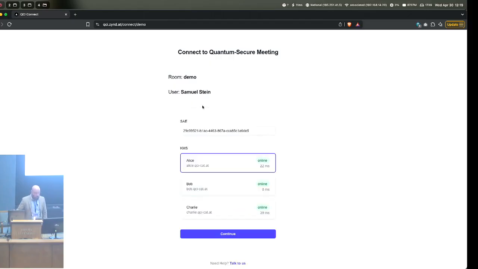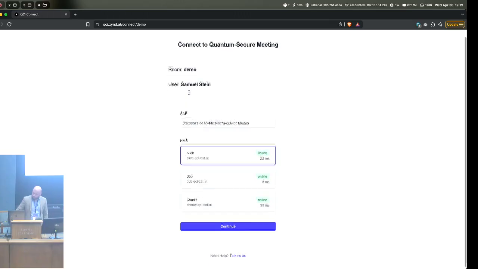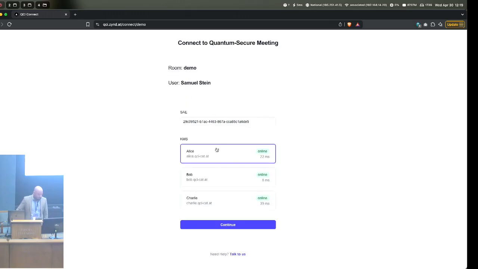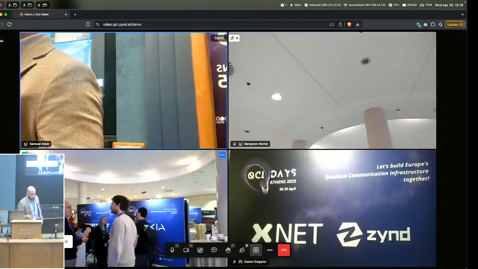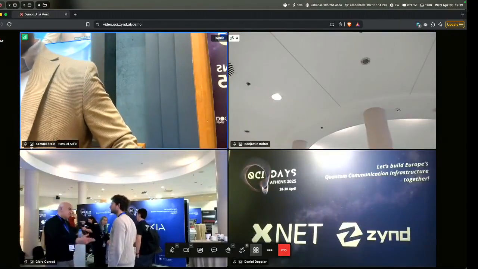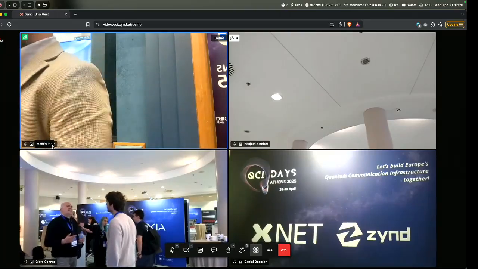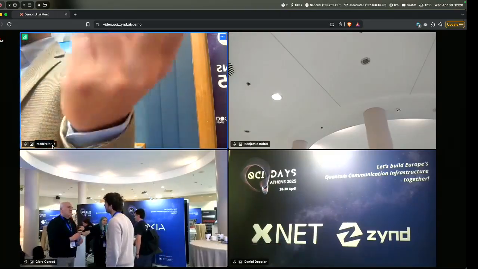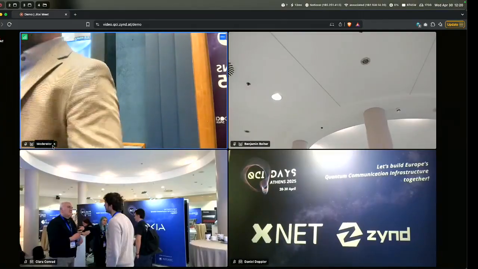And by connecting, I also have my user information. I just highlighted this information here. In a real-world end-user facing scenario, this would be completely hidden from the user, but you can connect to any specific local KMS here, and once you hit connect, you are redirected back to the video application with your key material, and also you can see down here you are in a user session. So we have now connected end user information with the KMS on an infrastructure level.